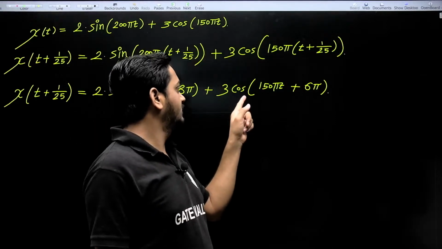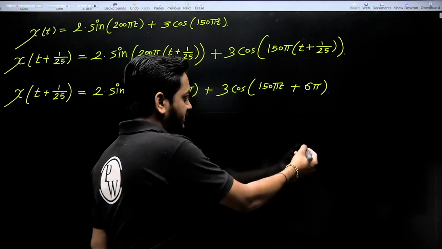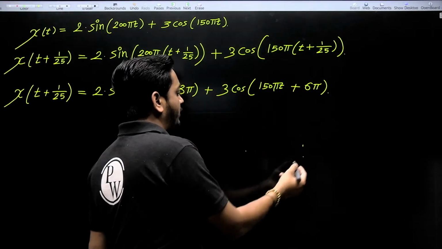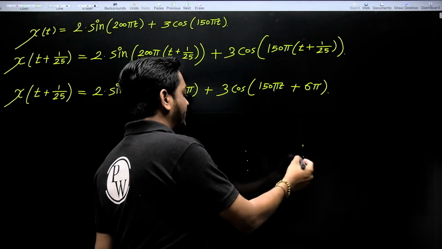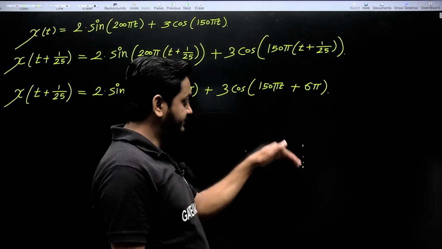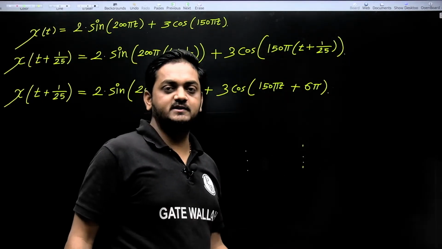And this is cos of 6 pi plus theta: 0, pi, 2 pi, 3 pi, 4 pi, 5 pi, and again 6 pi. So 6 pi plus theta gives cos theta,